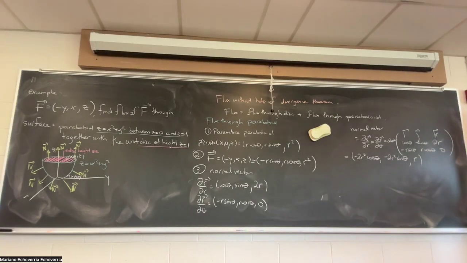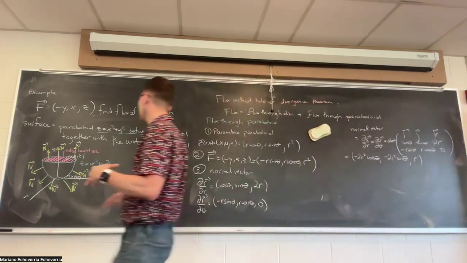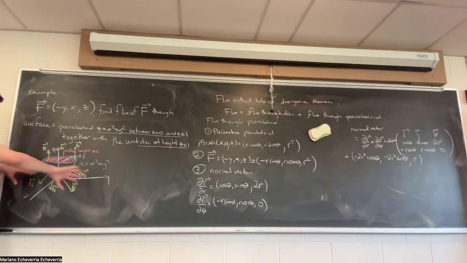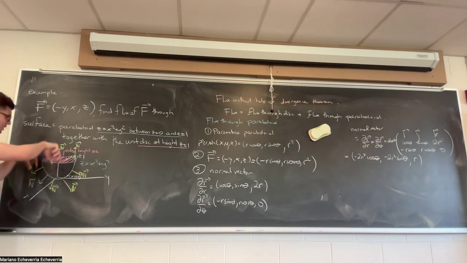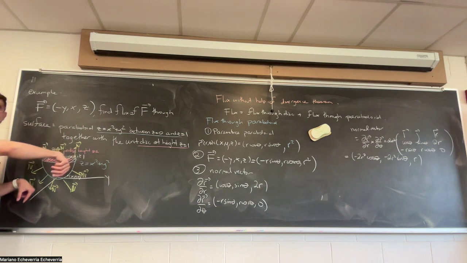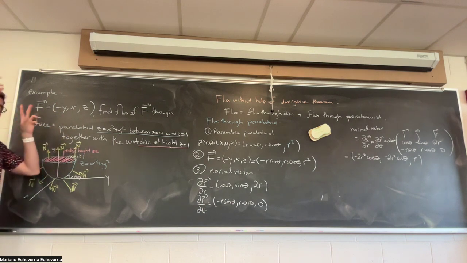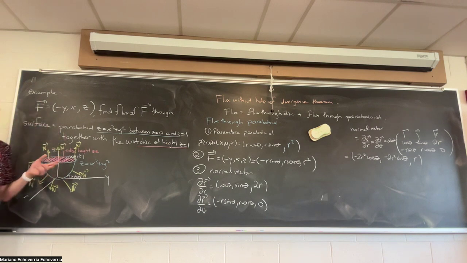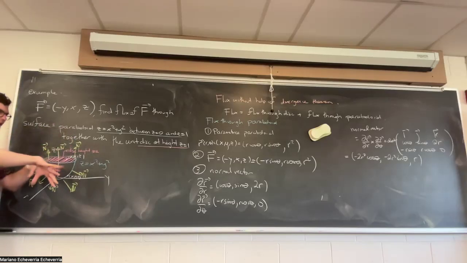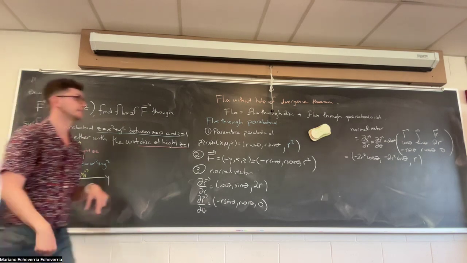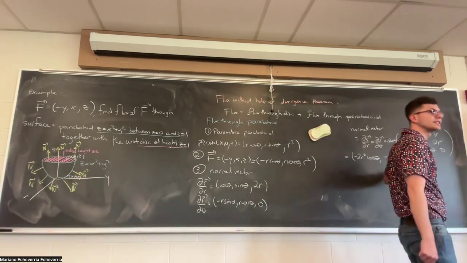But the idea is that this vector has to be pointing away from the region enclosed by the paraboloid, or by the surface, sorry. If you look at this picture, all the normal vectors have a negative third component. Usually that's the easiest way to check whether the normal vector is correct: is the third component reasonable in terms of the picture? If you have the salad bowl here, all the normal vectors would be pointing towards the floor, so they have to be pointing with a negative z component. But again, this is always positive, so this cannot be the correct one.